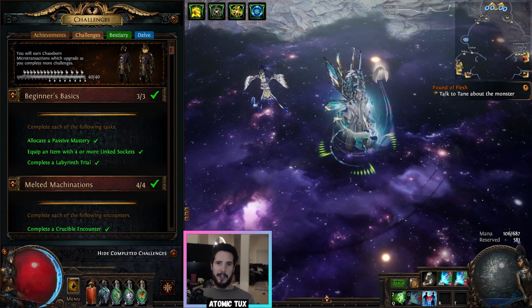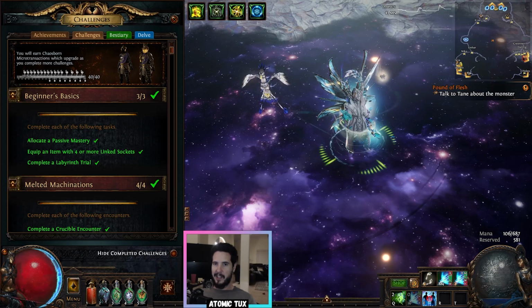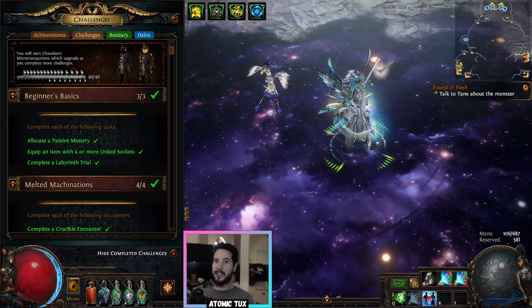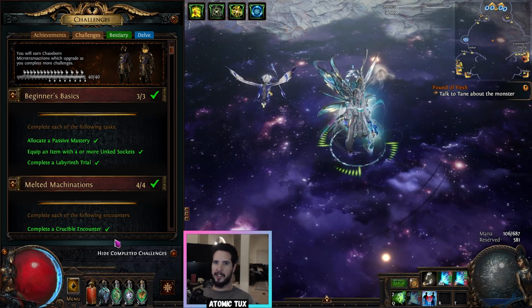What's going on, everyone? So I completed my 40 of 40 challenges in the Crucible League, and I feel like having done this, I have a lot of tips and tricks to share to help you get closer to 40 out of 40. I won't talk about every challenge because a lot of these you just get from playing the game,